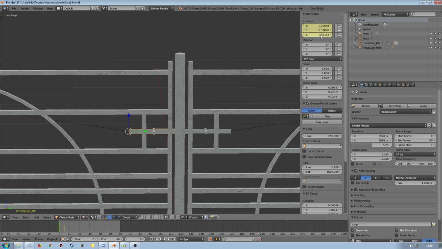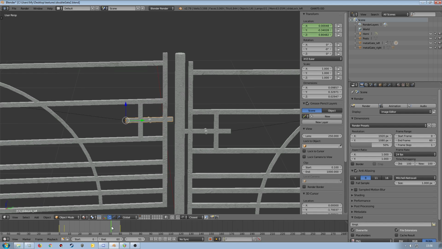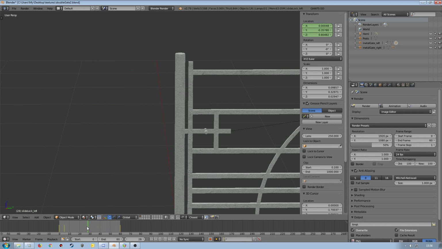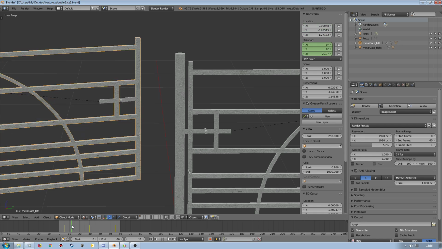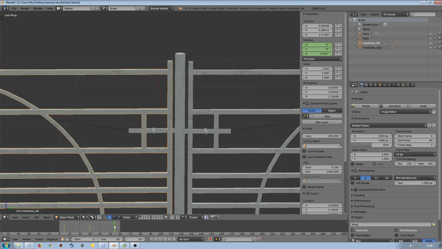So we've got our y-axis, so we're going to take a copy of the y, and then we're going to go to 60, and we're going to paste that into there like so, and then we're going to keyframe it. So now if I actually come back, you can see that it's not quite worked the way I wanted it to there by the looks of things. Let's go back to the gate here. So if we go back to here,